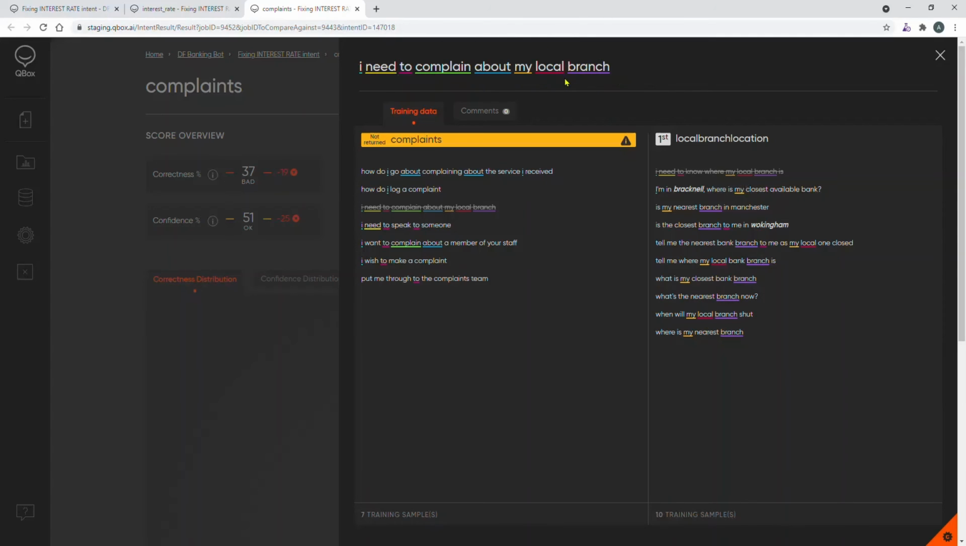And if I look at the training data in my complaints intent, I can see one training phrase, to complain about. However, this doesn't specify local branch. So I think I would need to add 2 more phrases containing complain and local branch. But before I do this in my Dialogflow model, I'm now going to show you another useful feature in QBox,